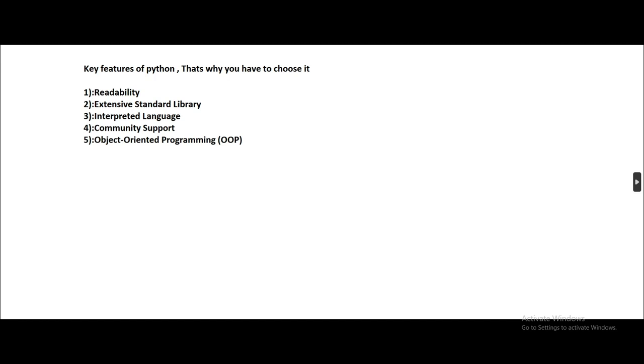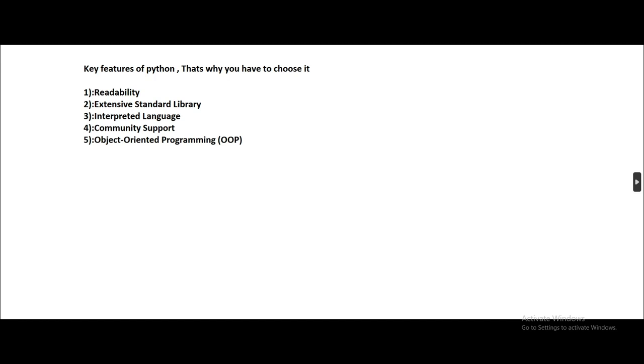It means there are a lot of libraries in Python that are already written by other developers. You just need to import them in your code and pass the values, and they will perform operations on those values and give you the output, which means you don't have to write additional code on your own.